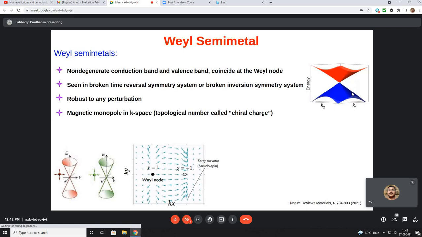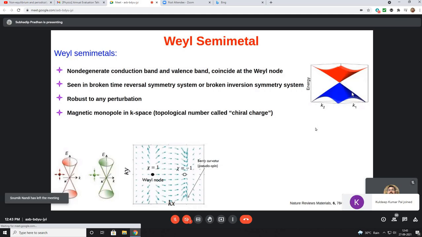And this Weyl semimetal has a few interesting topological properties. They are very robust to any perturbation. Let's say you give a mass term, a perturbation, to this Weyl point. What will it do? This perturbation will not gap out the Weyl semimetal, because if you see the low energy Hamiltonian around this Weyl point, for a 3D Weyl node you get the Hamiltonian sigma x px plus sigma y py plus sigma z pz. If you add an extra mass term, it will be absorbed by some sigma term. So there will be no band opening. So this Weyl semimetal is very robust to any perturbation. They are very stable, so you cannot gap them out.